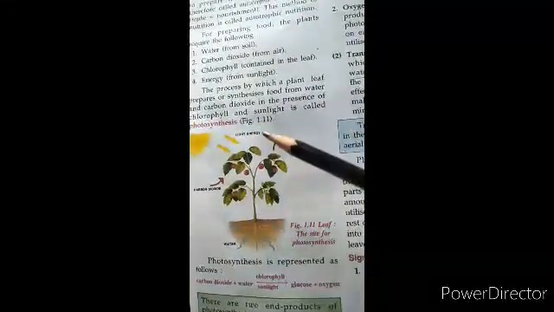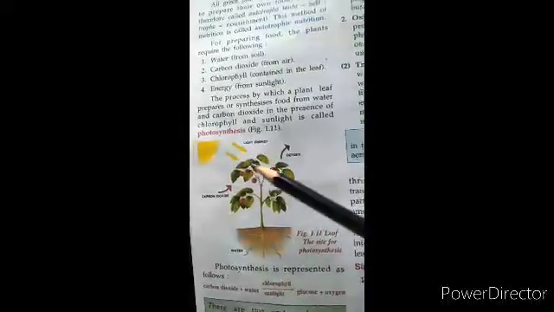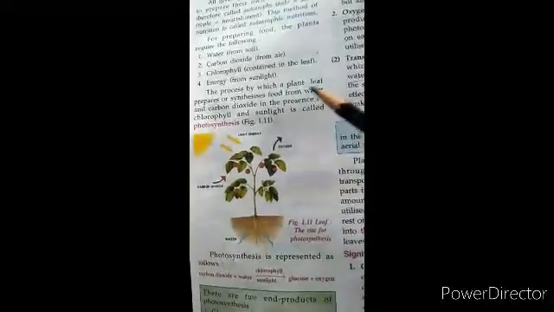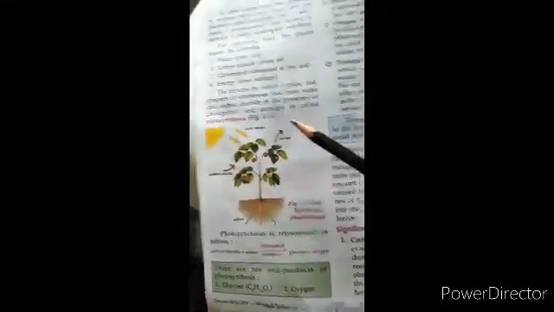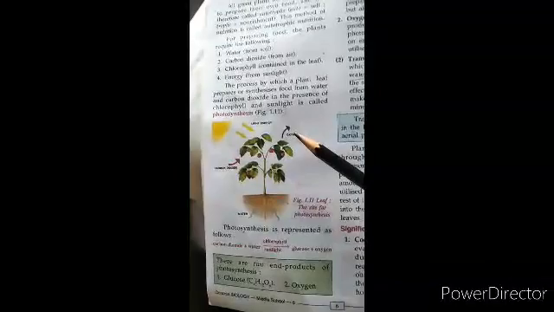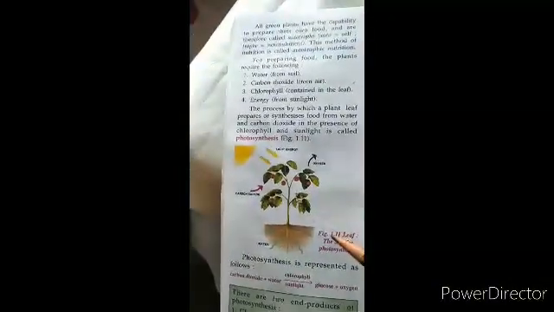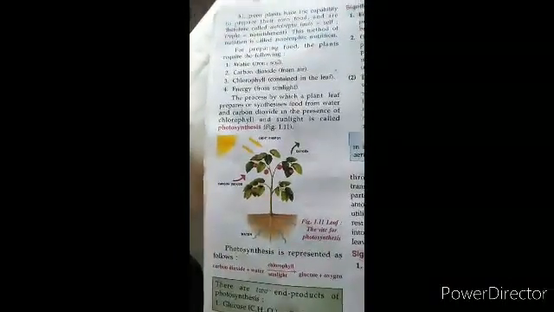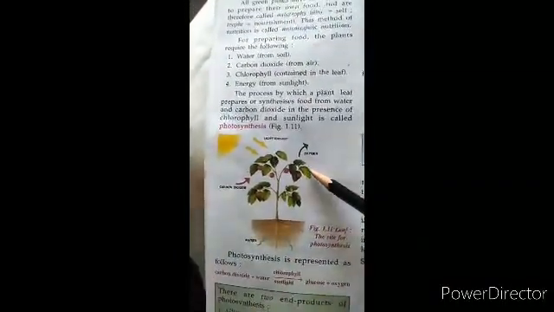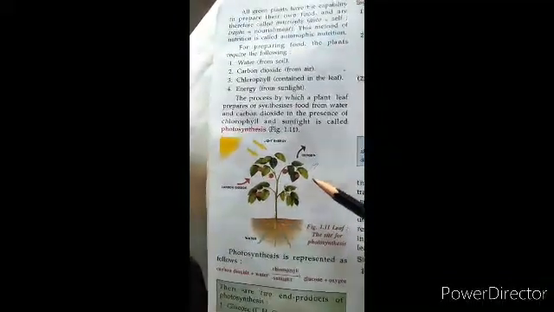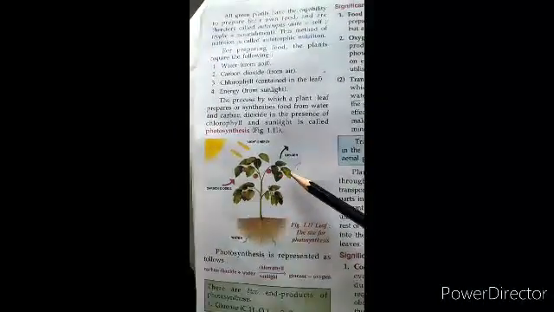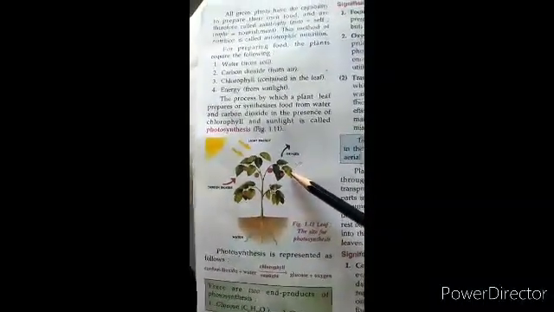This takes place in the leaf as shown here, and then the food is produced and transported to the entire plant. So a major function of the leaf is production of food. Okay, then we come to the second function of the leaf, which is transpiration. Transpiration means that from the leaf, water vapor will be given out, or the excess water that is there in the plant will be lost from the leaf into the atmosphere.